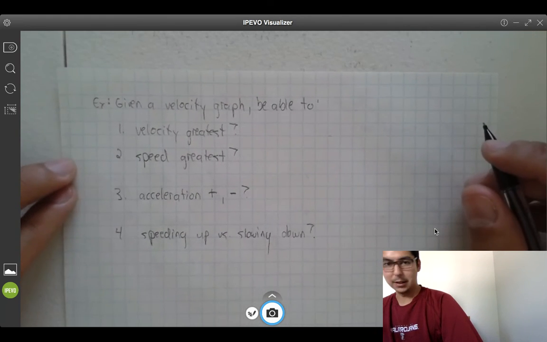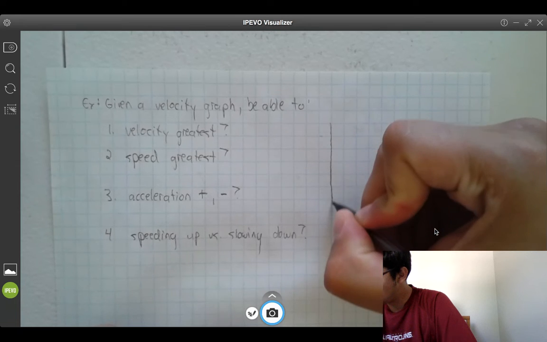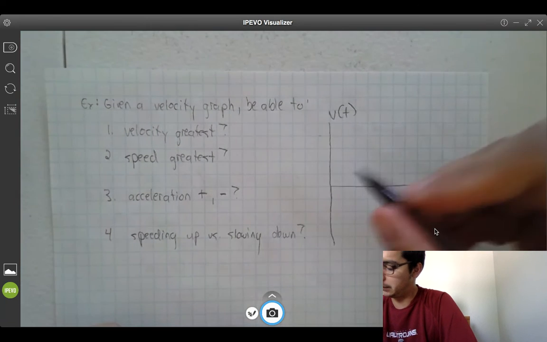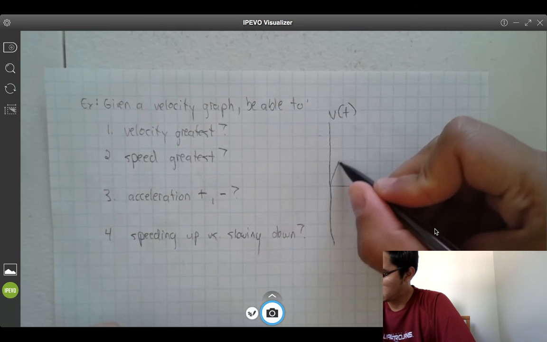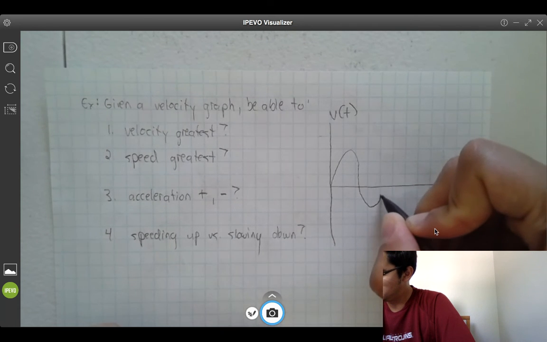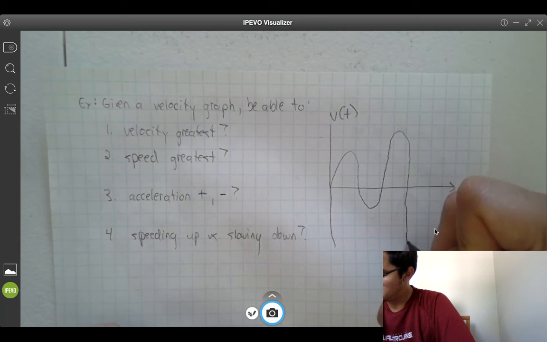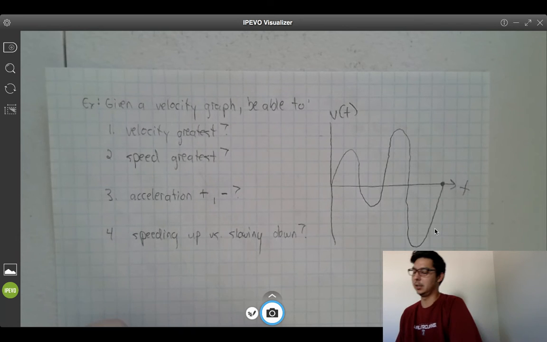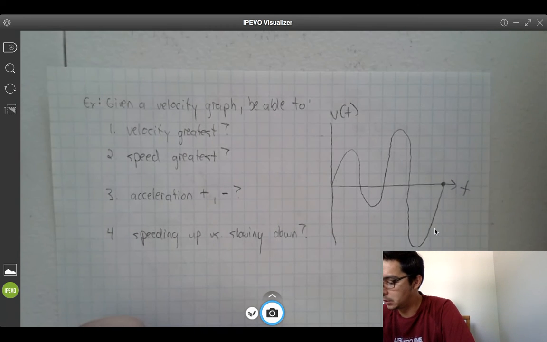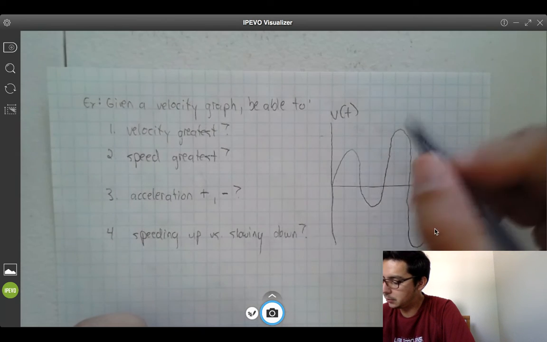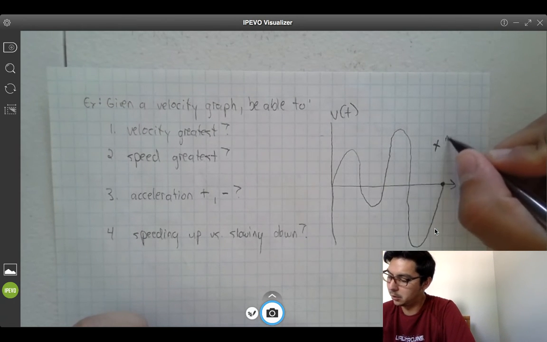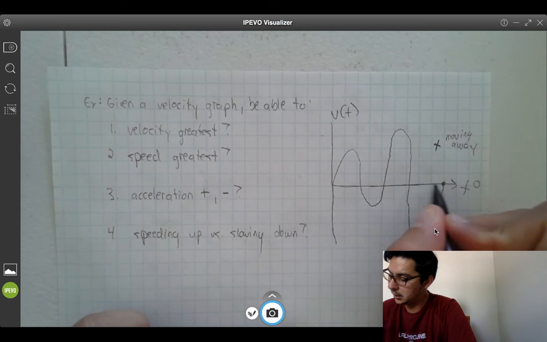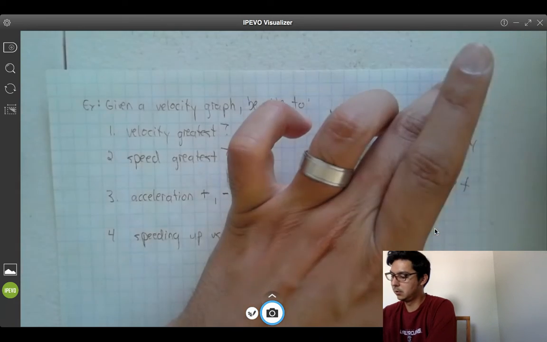So if we make an example, the graph, time t, this is a velocity graph, v of t, and say it looks something like this. Okay. So it's a different example than you've ever seen in the book, but a velocity graph can look however it wants. So remember that everything up here are positive velocity values, which would mean that you're moving away. When velocity is 0, so when v of t equals 0,